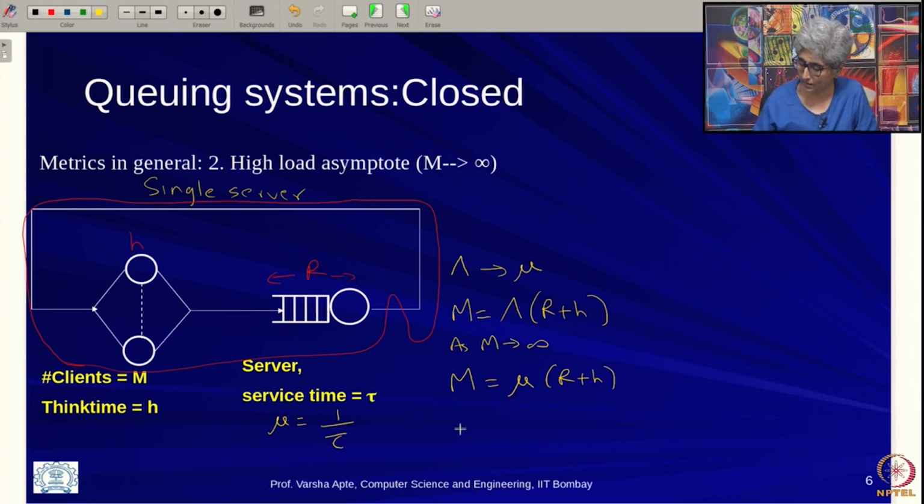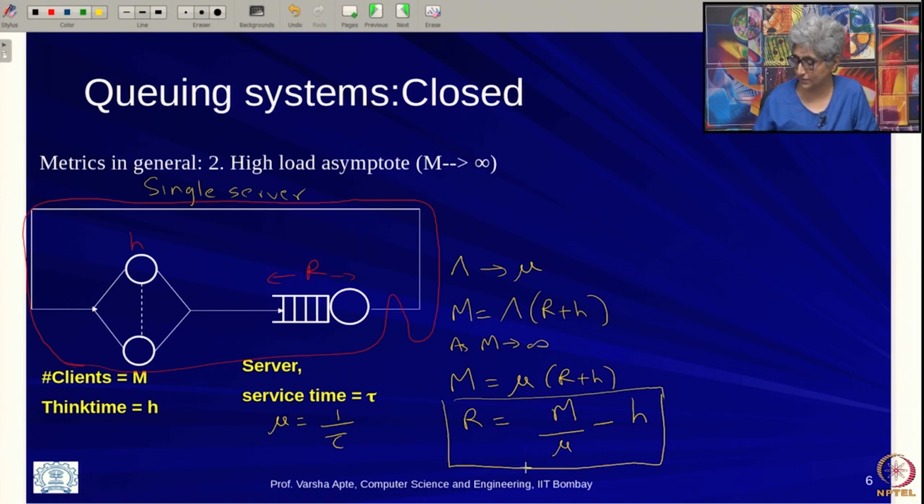So, we can write R as m by mu, taking this mu down, and h on this side, minus h, right. So, this is a very important formula actually. It tells us about the behavior of R, which is that it is linear in the number of clients when the number of clients is large. That means every time you add a client, the response time is going to increase linearly with slope 1 by mu, right. So, if you plot